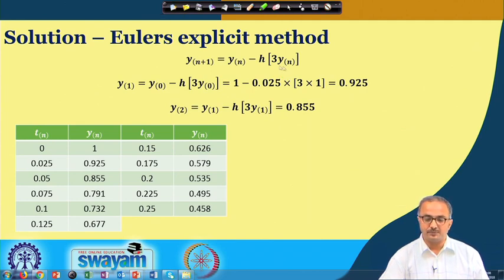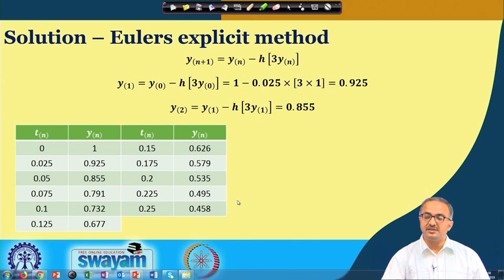Now, let us come back to this problem. Now, you can see that by the given step size, we are now trying to predict the values of y for the future time instance. So, here we can simply write that we put the value of time and we put the various values of yn which we are predicting by this particular method. So, these are the different values of y.